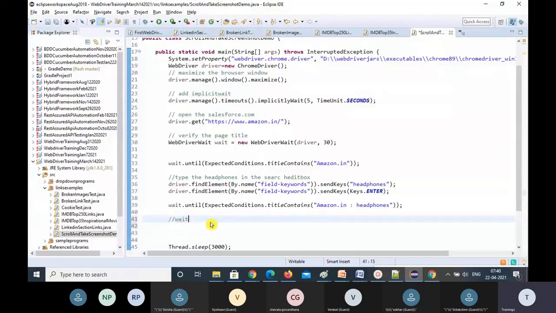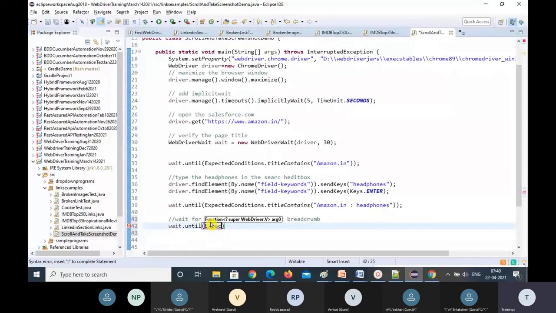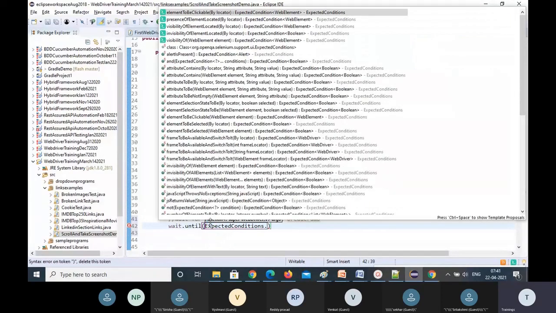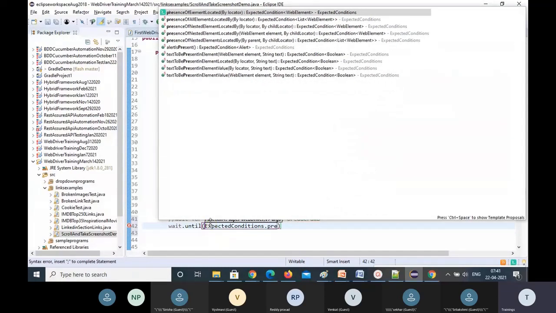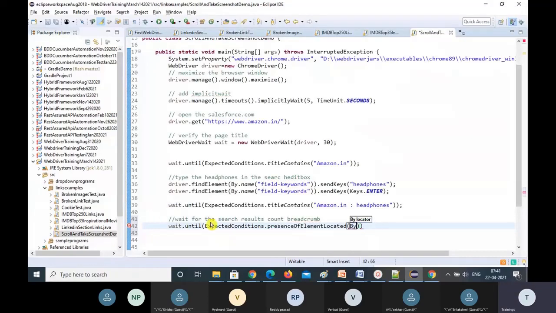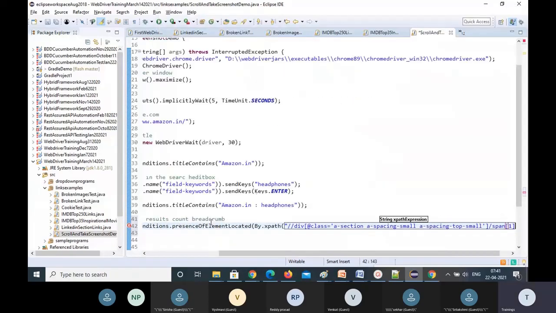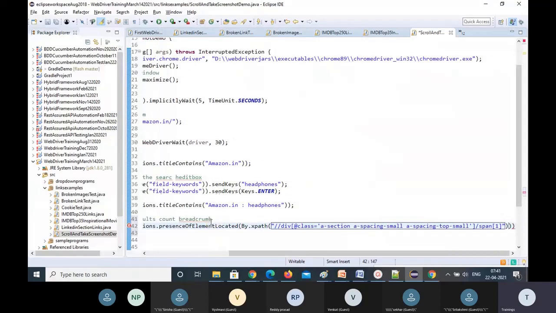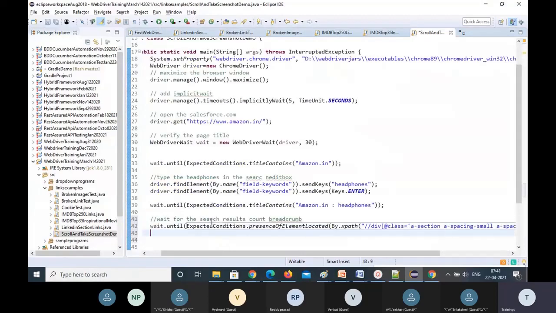So wait for the search results count breadcrumb, that we call breadcrumbs, and wait dot until expected conditions dot presence of element located or visibility of element, both I'll call, so that it is easy for you to remember at least a few of them. So then I'm going to wait for the visibility of that element.